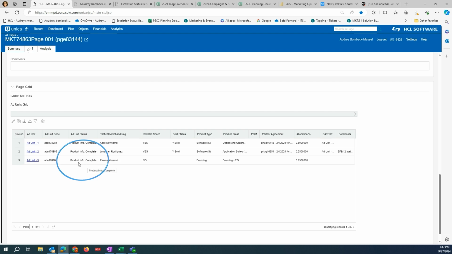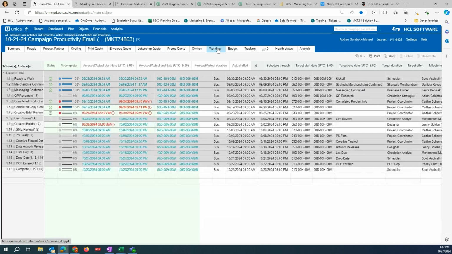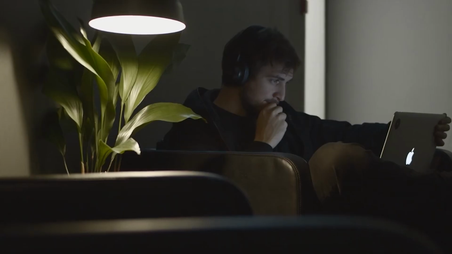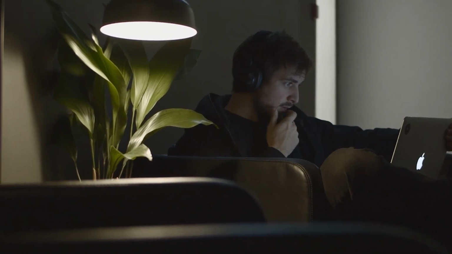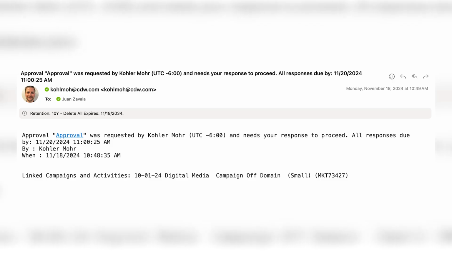This change in ad unit status moves the activity into the Marketing Operation Coordinator, or MOC's workbin. The MOC will check off tasks 1.5 and 1.6 in the workflow and will send the creative brief for review. The EBO or any other approver indicated will be notified via email and be given 48 hours to review the